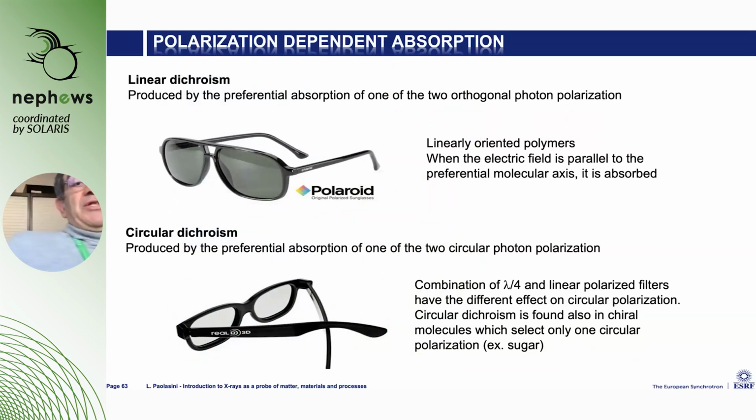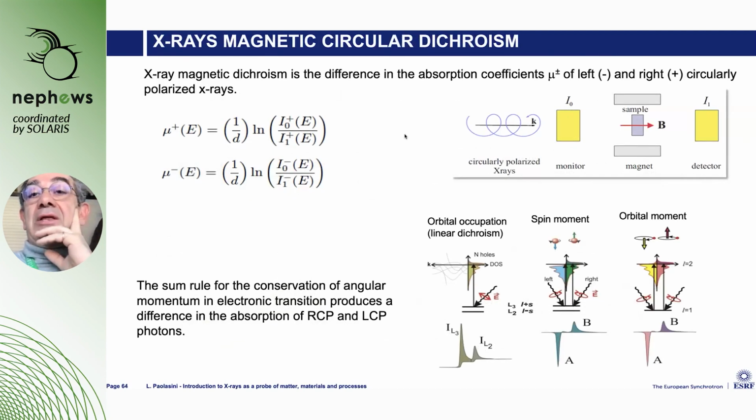It's possible to use the polarization to study magnetism, for instance, by measuring the linear dichroism and the circular dichroism. The linear dichroism is produced by a preferential absorption of one of two orthogonal photon polarizations. The circular dichroism is produced by preferential absorption of the two circular photon polarizations. And this is in the case of magnetic material. We orient the magnetic moment of the material with a magnetic field, and we measure the ratio between circular left and circular right